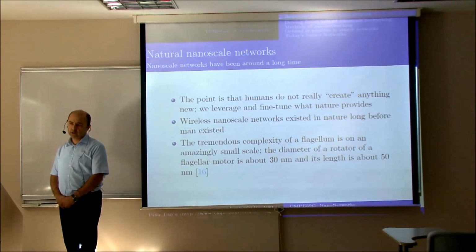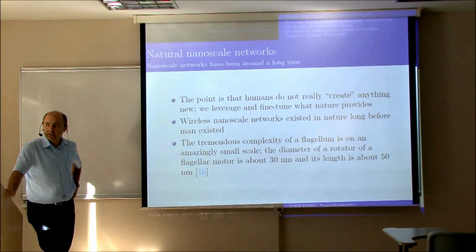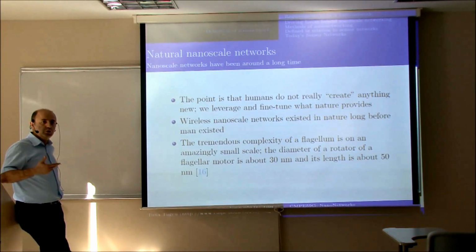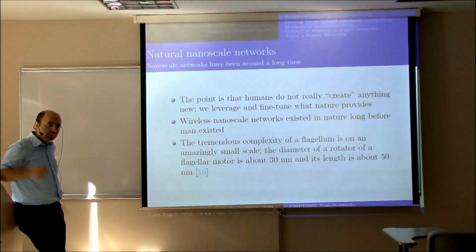One important thing we should realize is that we're not creating new things. We're actually observing what's going on in nature. From that, we learn and we try to control nature. We would like to repeat the natural phenomenon in a controlled manner so that we can benefit from that. Like, we didn't invent the electromagnetic waves. They were there since the beginning of the whole universe. We just realized that there is something as the electromagnetic wave. Realizing that was a very important step, but it was not useful for us until we found the way to control it. Now, once I find how to control the electromagnetic waves, I'm able to send a signal from this